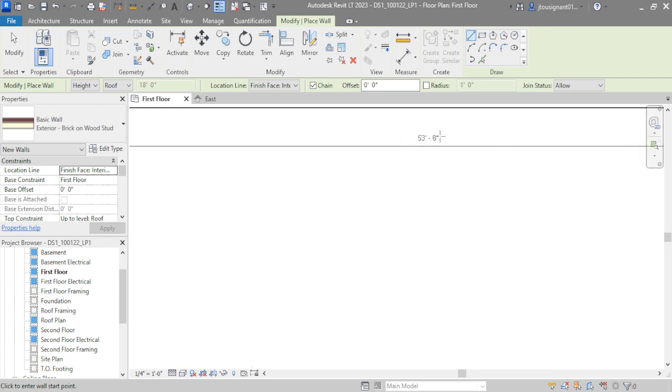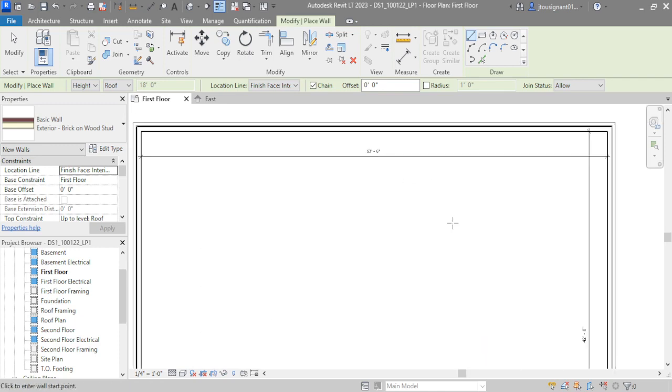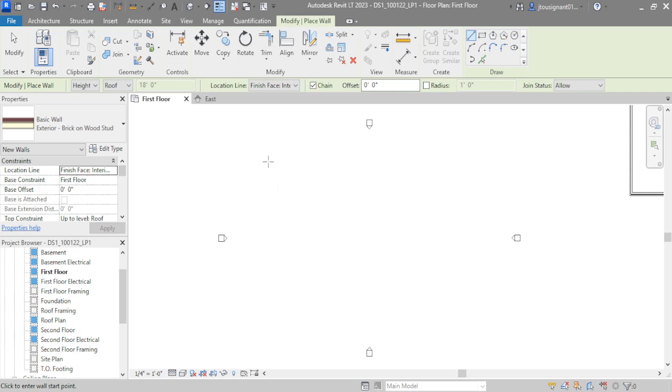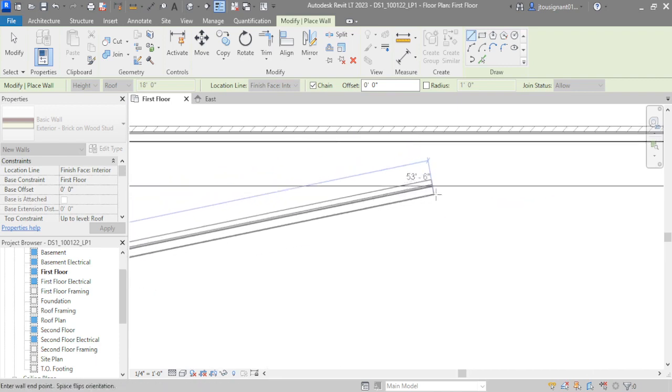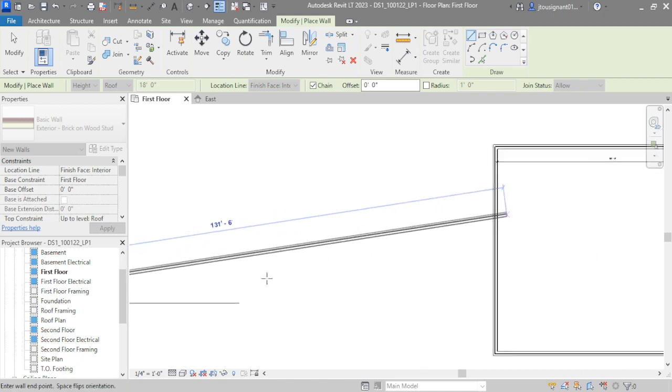53 foot 6, 42 foot 8, 53 6, 42 8. So I'm going to click up here. I'm going to go over, and I'm going to do a numerical move, which is where you pull your mouse in the direction that you want something to either move or draw to, and then you just type in what you want. So I'm punishing myself keeping these inches in. I keep forgetting what it is. 53 6. So going to the right,